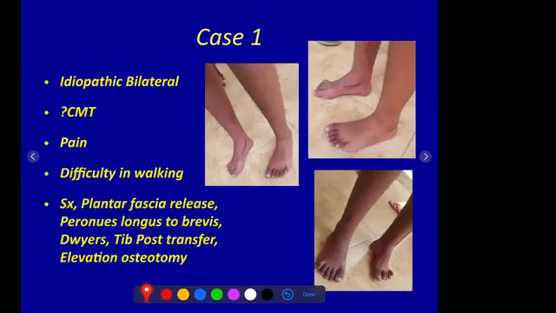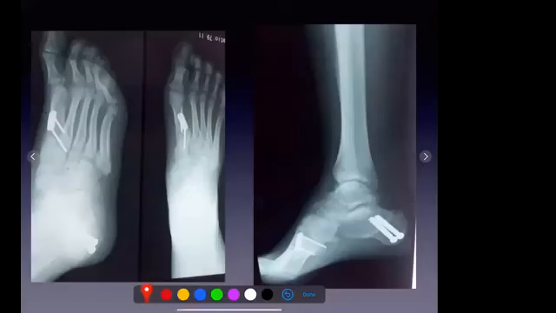But the good thing is that after I had corrected one, they came for the other one the next year. I've not seen him since, but I've done bilateral. So you can see that that is